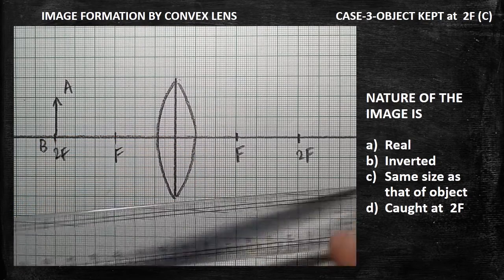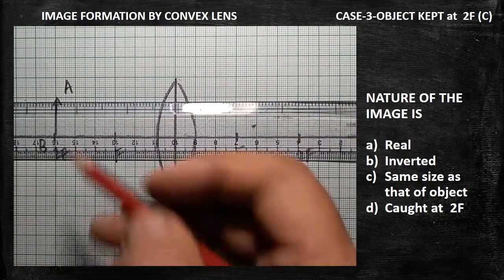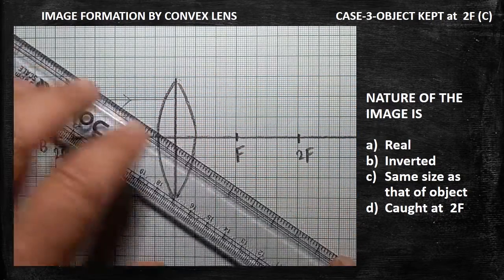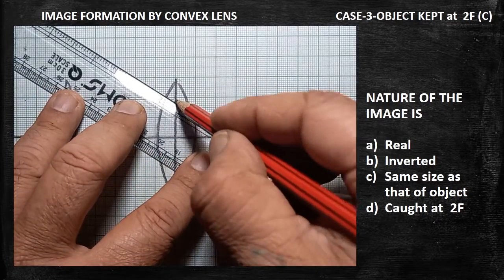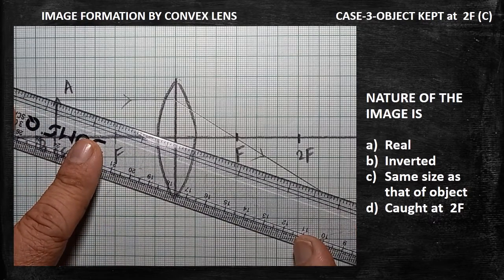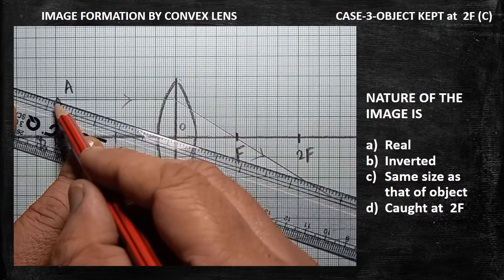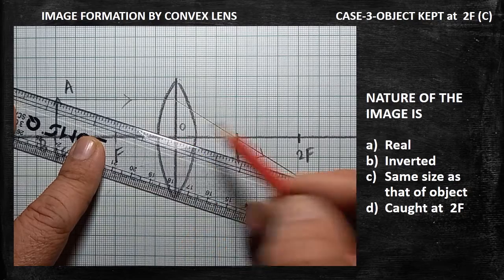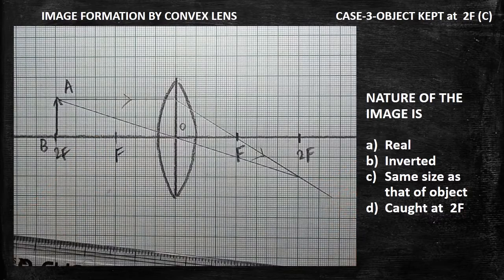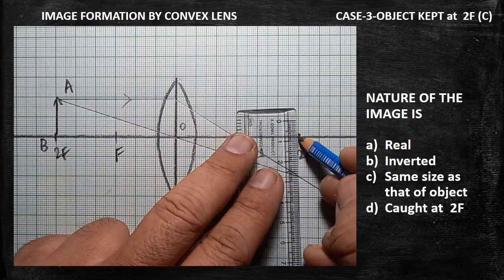Now we are going to draw the rays. Okay, the first ray is to be drawn from the head of the object. That ray is traveling parallel to the principal axis. After getting refracted, the ray passes through the F as per the rule. Are you clear? Now another ray is to be drawn from the same head. Now the ray is passing through the center of the lens. That is very important. This point and this point both have to coincide and extend the line. Is it clear? If you extend the line, look at that. See, look at the beautiful ray diagram you are getting. Here only you are getting the image exactly at 2f.